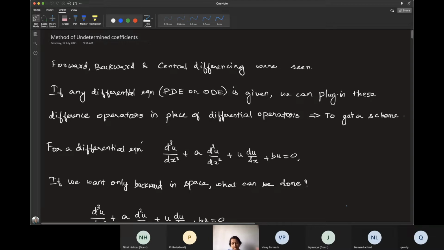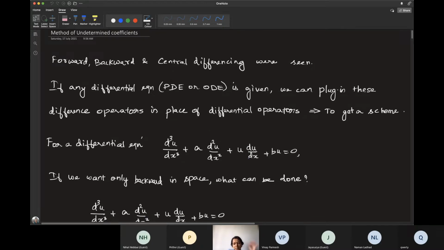Now we'll see more elaborately how to write a difference equation if you are given some differential equation. For that, you'll have to take each of the operators separately, each of the terms in your differential equation. For example, here you have four different terms in this equation. How will you write each of these terms separately in difference format? This one is a third order differential operator, whereas this one is a second order differential operator. Now we'll see how to write each of these operators in terms of difference operators, provided you have some requirements of accuracy, consistency, and all.